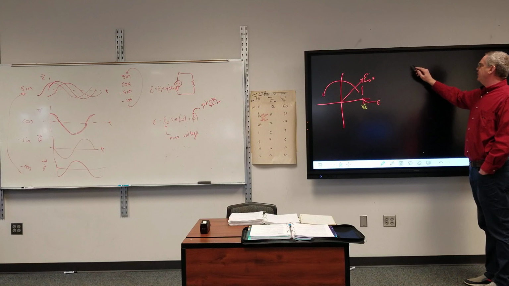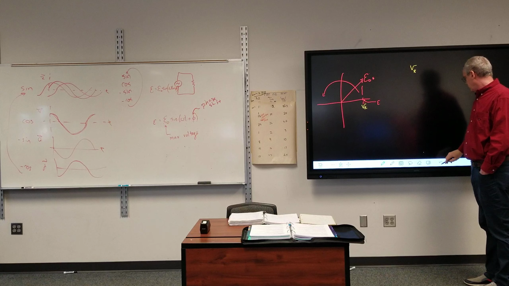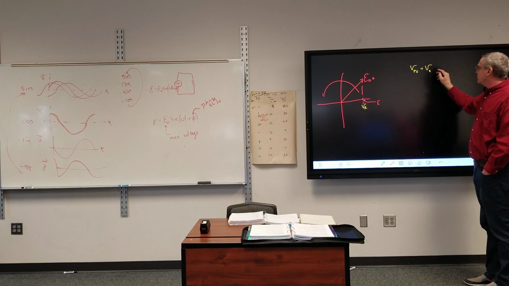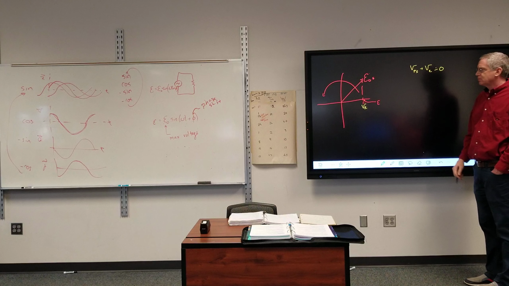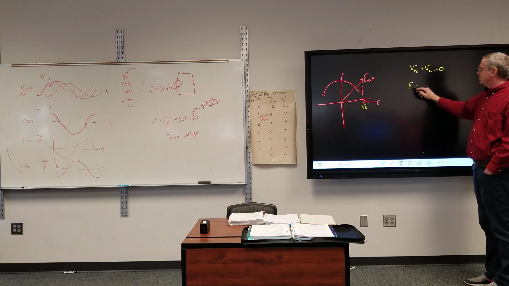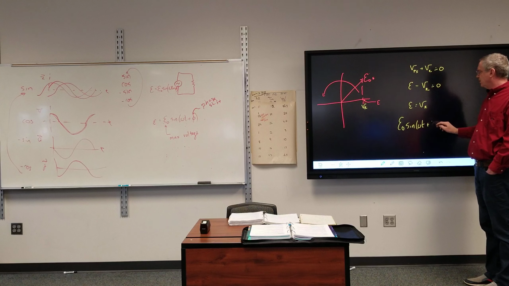If we did it out more formally, the power supply plus the change in voltage across the resistor is equal to 0. This is epsilon minus, that's supposed to be a lowercase epsilon, minus the voltage across the resistor equals 0. Epsilon is equal to, my notation got sloppy there. And so that's epsilon sub naught sine omega t plus phi is equal